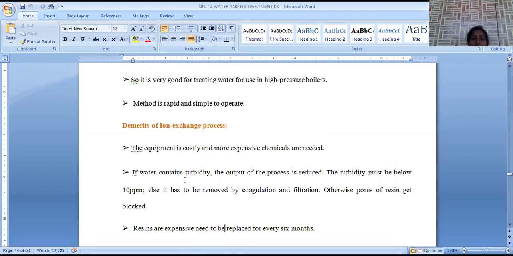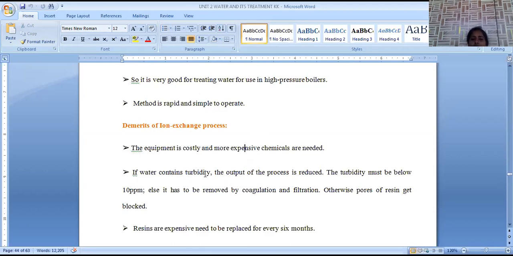Demerits. In case of the ion exchange process, the equipment installation is somewhat expensive. Because all the instrument parts and machinery are expensive, it is a somewhat costly method. And if any turbid matter is there in the water, the sieves of the exchanging resin get closed by those turbid particles, so that further exchange may not be possible. Great care should be taken before feeding into the ion exchange chamber. Water should be free from any kind of turbid particles.